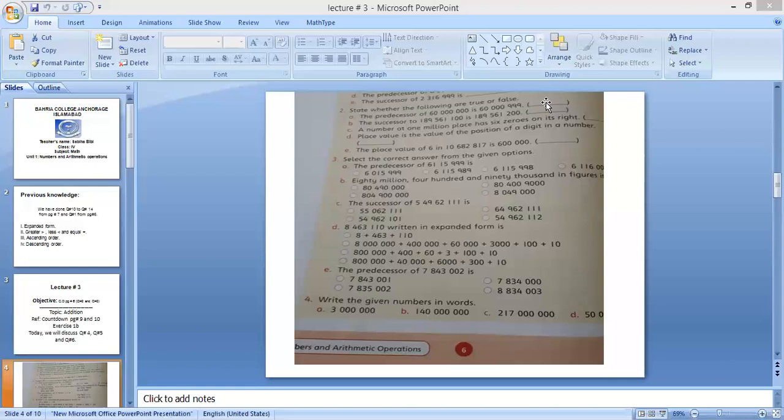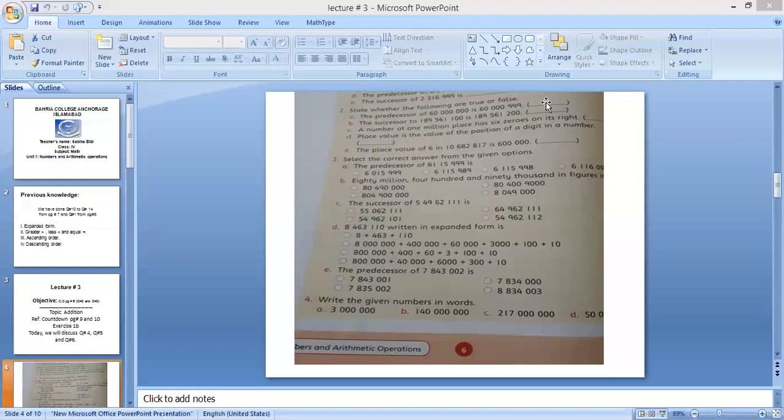Now come to D. This written in expanded form is, you have a number and you can write this in expanded form. Check which one is the right one. Second one is the right one. Yes. Okay, because when you have 8, you have 6 digits to the right side, and in the second option you have 6 zeros to the right side of 8. So this is your right option.